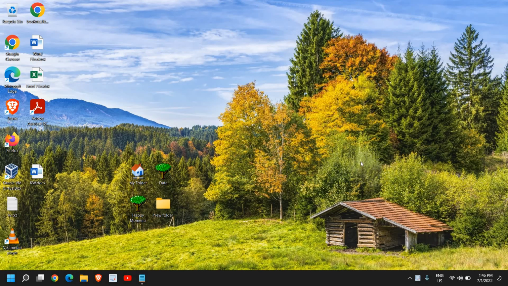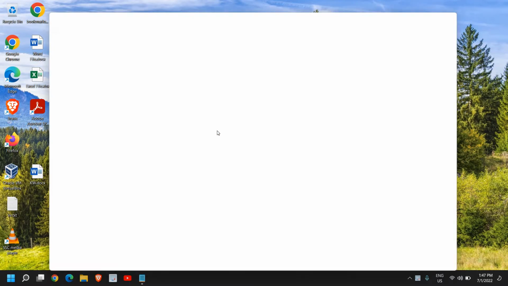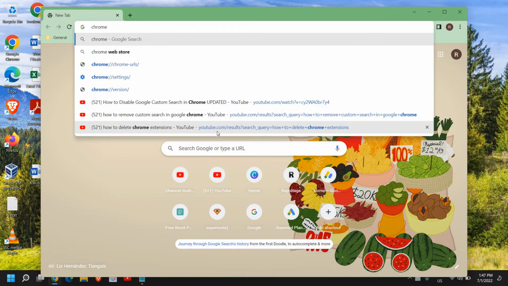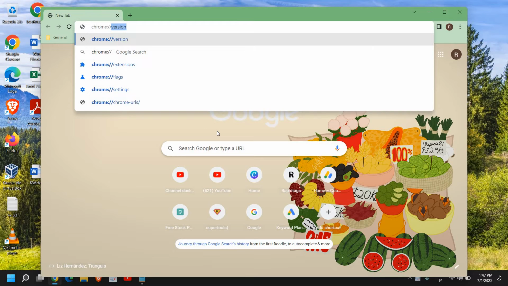You can increase the downloading speed in Google Chrome by only one single step. You do not need any third-party software or any other tricks to increase the downloading speed. So you just need to open your Google Chrome and type chrome://